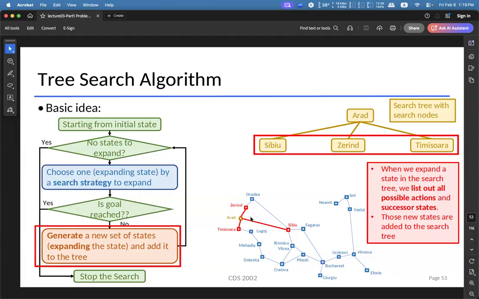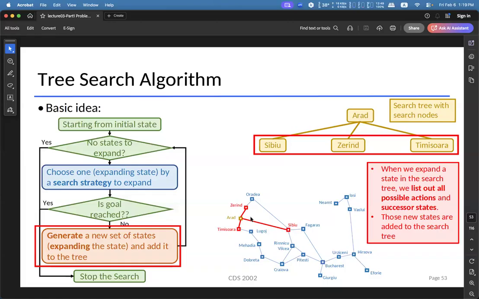Essentially we are trying to generate all the possible paths starting from the initial state. If we are able to generate all the possible paths starting from the initial state, and one of the paths actually reaches the goal state, then we can find a path from the initial state to the goal state.